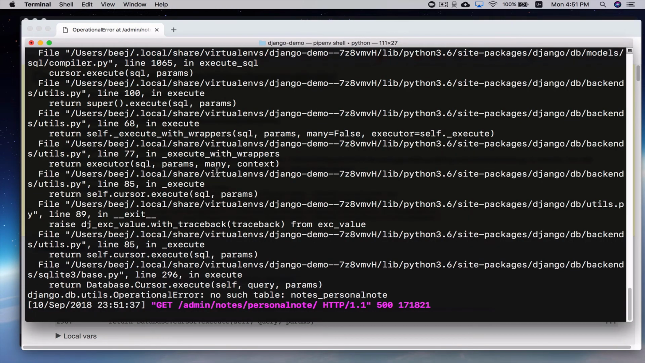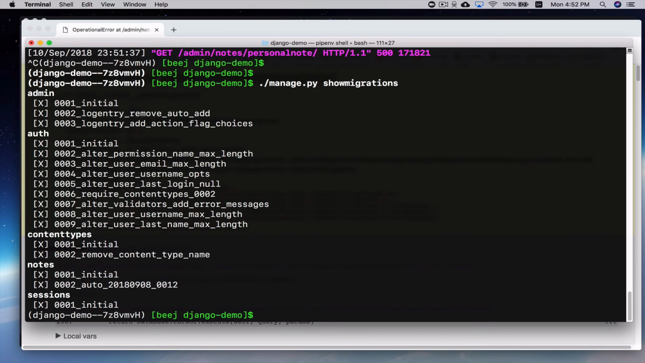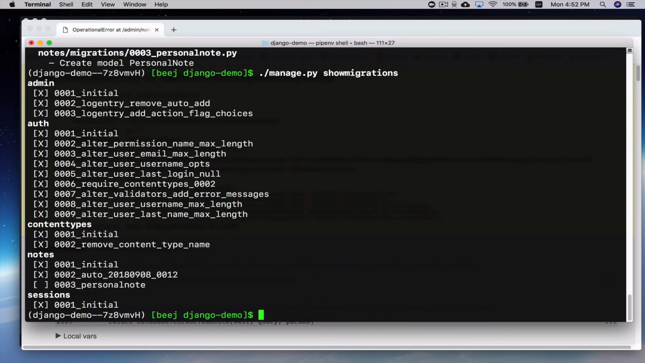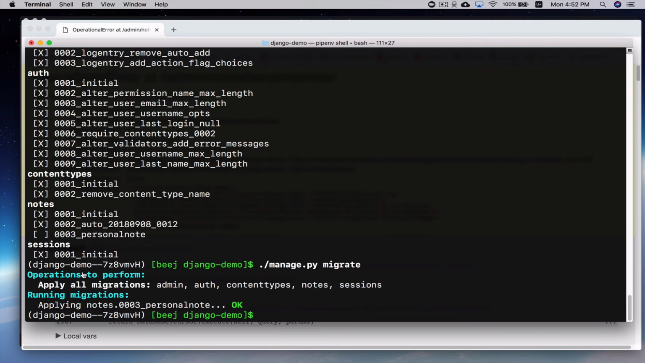What we have not yet done is our migrations. And we see for our notes, we don't even actually have a migration for that new personal note that we've created. What we have to do first is make migrations, because we've changed the model, and this will build a new migration for us. And it says right here, it made a new personal note migration. Now if we show migrations, we see that we have a personal note migration, and this is going to create the table for us. So if we run that migration, now we should have the table. And then if we run the server again,